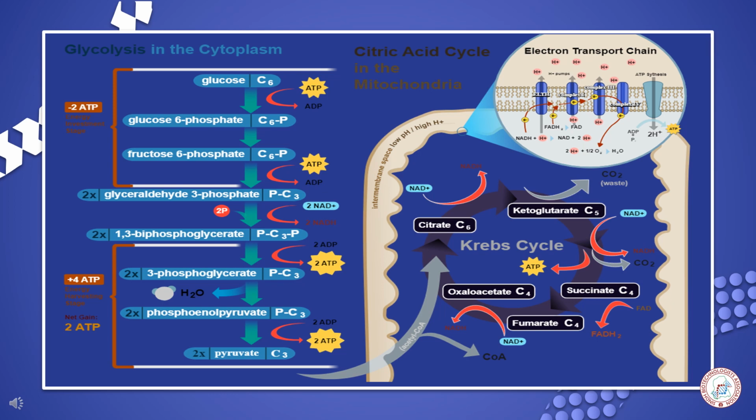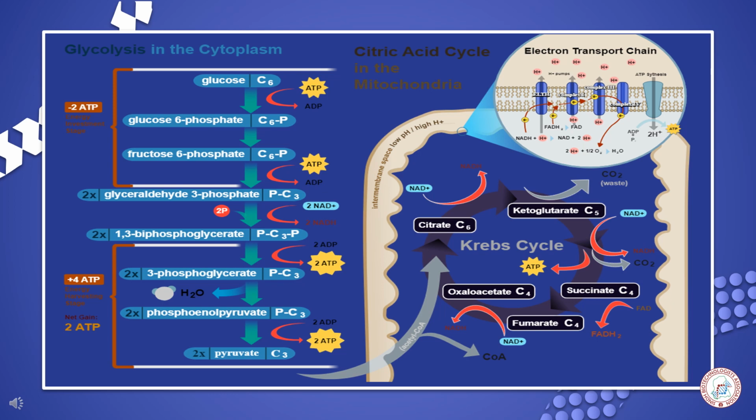The glycolysis pathway occurs in the cytoplasmic region of the cell, and it is basically comprised of two phases. One is the investment phase, in which the cells invest ATP, and then we get the net gain of ATP in the payoff phase, the second phase. So the glucose molecule, the carbon 6 containing molecule, will ultimately be converted into pyruvate. From one molecule of glucose we get two pyruvate molecules, along with a net gain of two ATPs as mentioned in the slide, and two NADH.